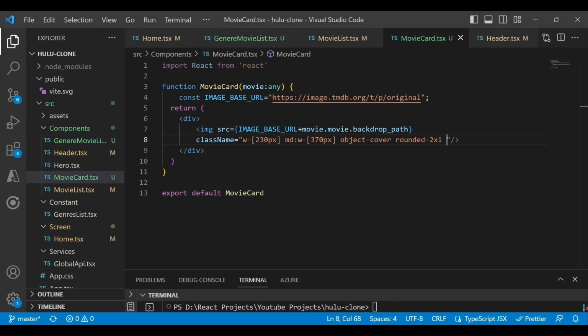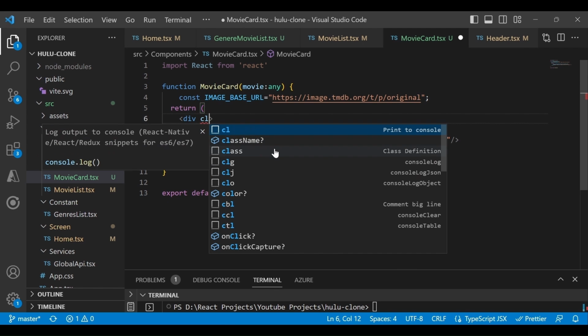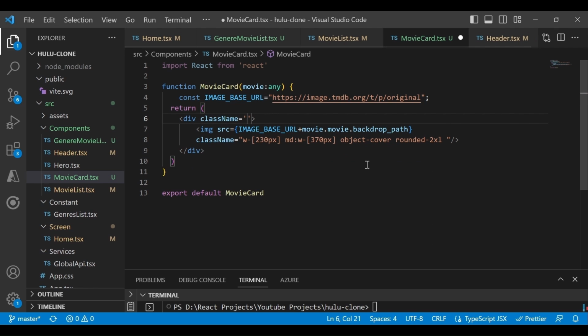Okay, next we want to put it in a horizontal way, right? So to this div, you can give the class name, and here we don't need to do a lot of things, because here we are just showing the card, right?